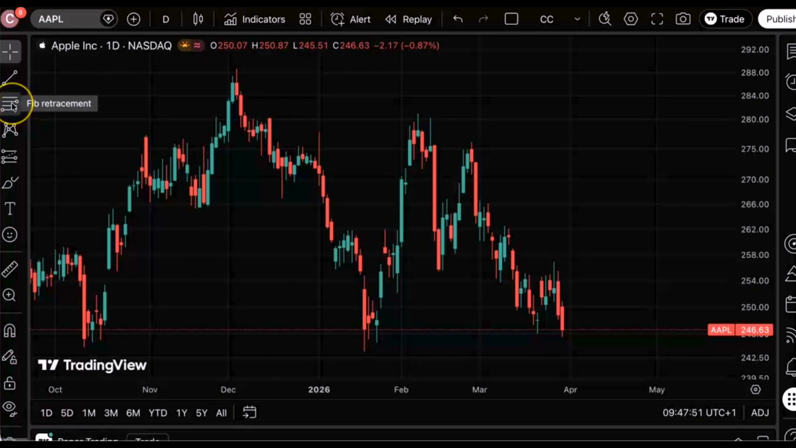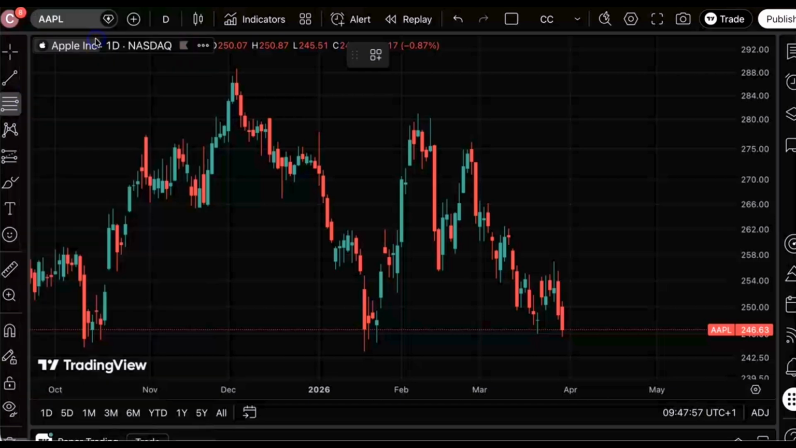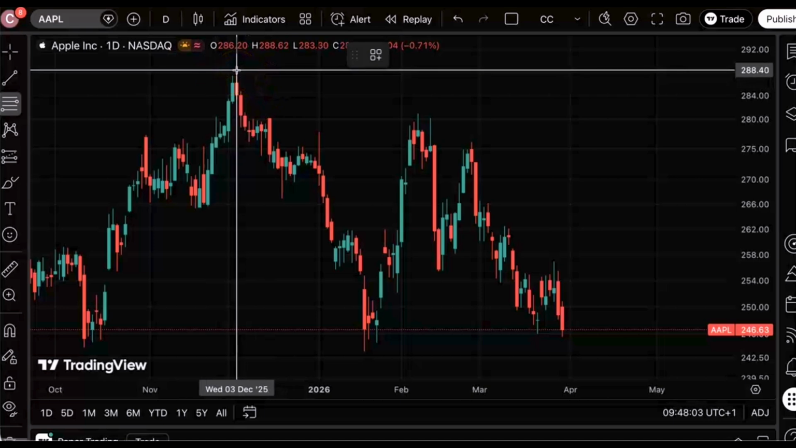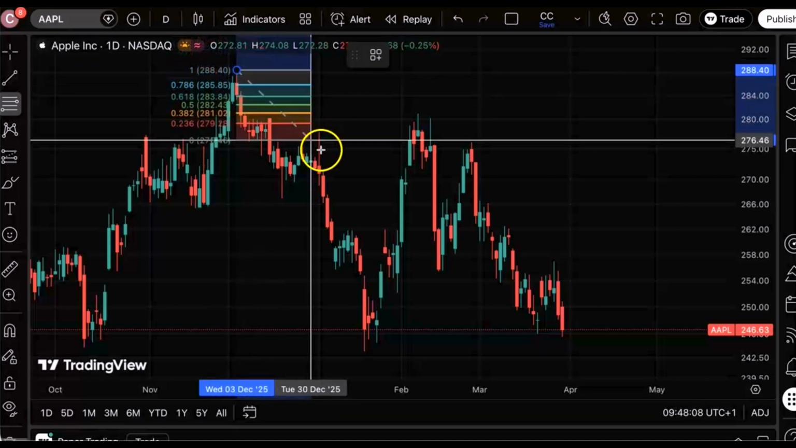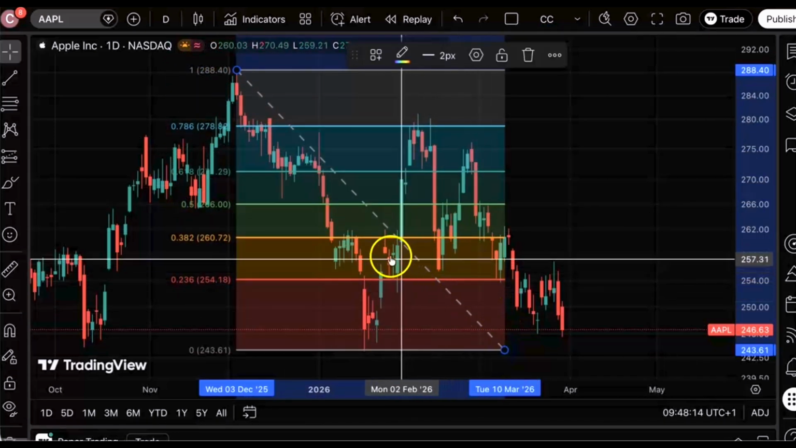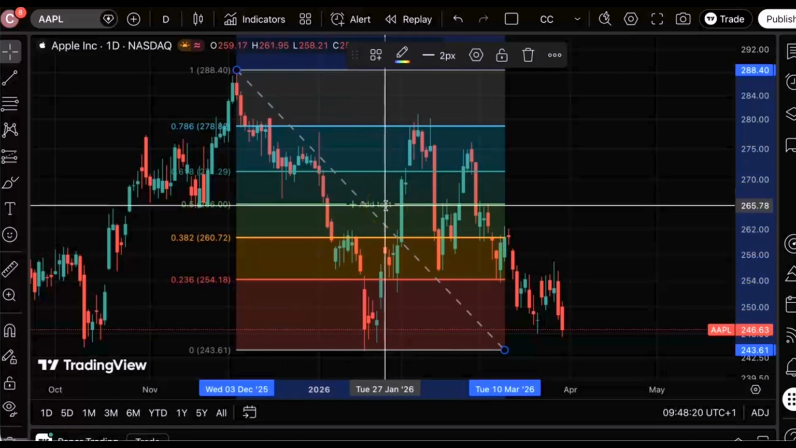We'll find the Fib tool in here. If we click on the arrow, the top tool, and click here. Now, to draw the Fibonacci, we click here and drag down to the low. Now, as we can see, the most important levels here are the 0.5 and